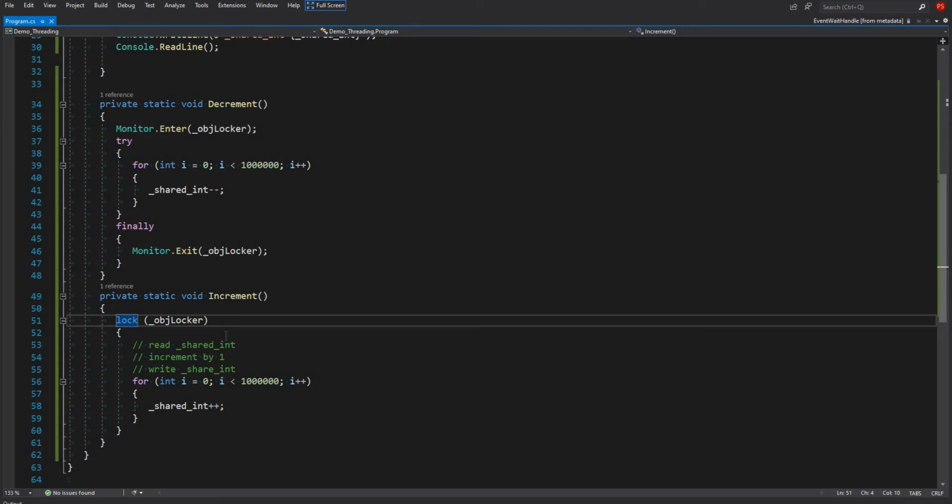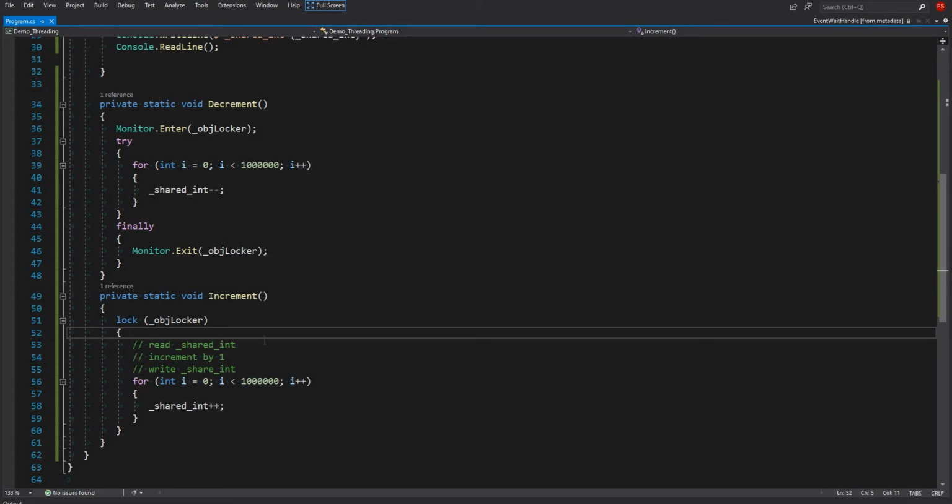I mean, you have to create critical sections, and if you have more than one thread, the thread that has acquired the lock will run inside that critical section, and the other thread will wait.